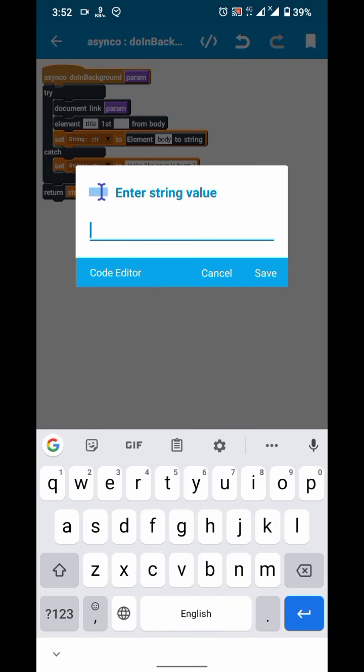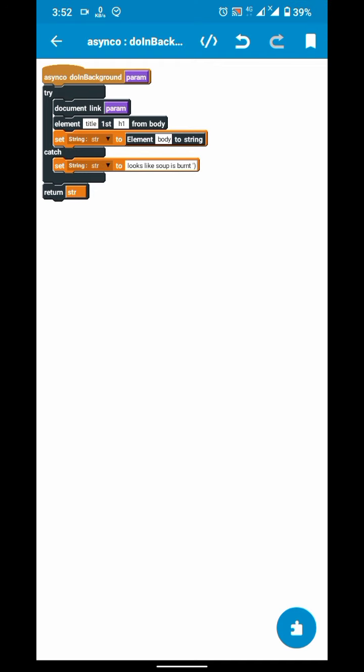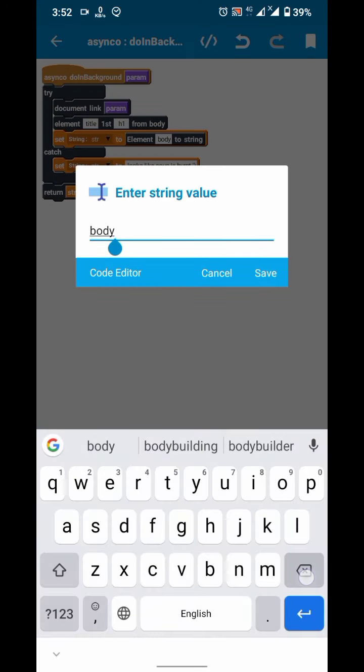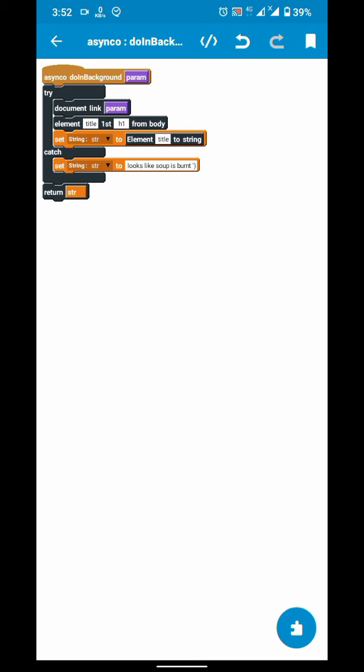So basically what are we doing here? Using this block we are getting the first H1 element from the body and naming it, creating an object named title. You can name it anything. I am just keeping it descriptive, so we can understand this object is the title. So previously we were getting the whole body element, now we are getting the first h1 element from the body and calling